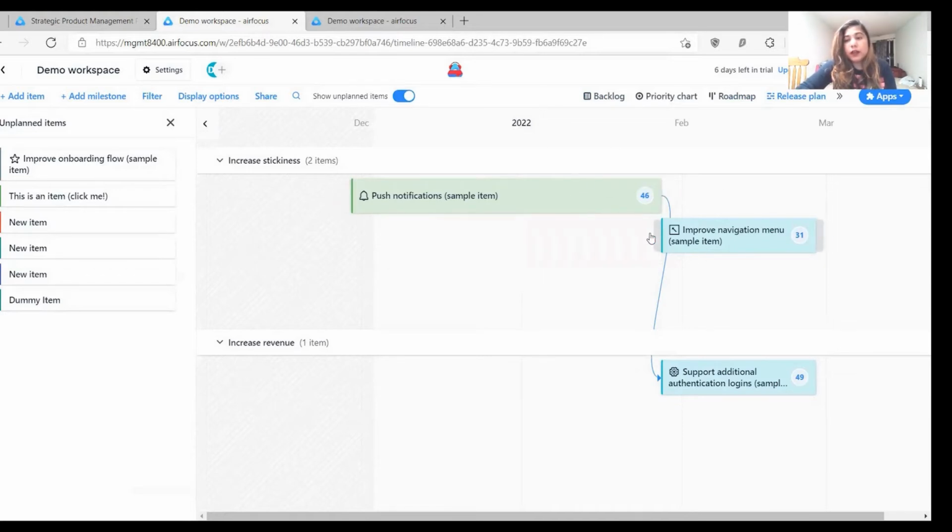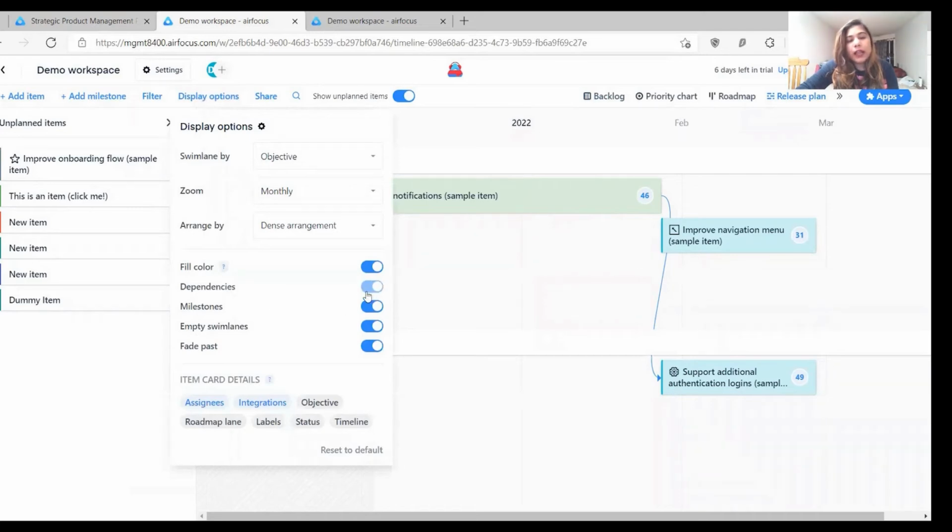the dependency of the task. There is one more option, like you can also customize all this functionality by the items, like icons provided in the title. They are the display options. Here you can hide and make it visible the dependency between the tasks, you can also hide the milestones.